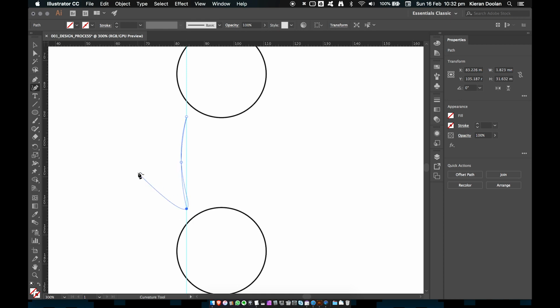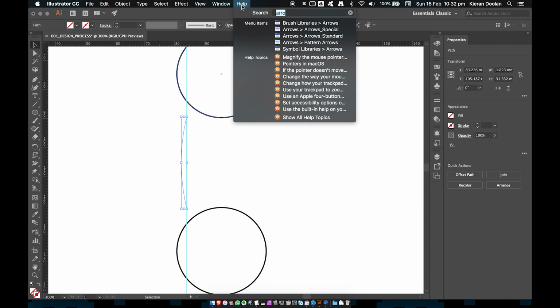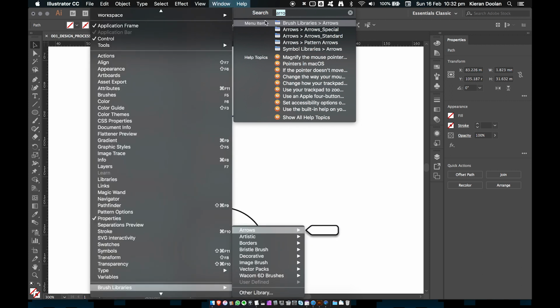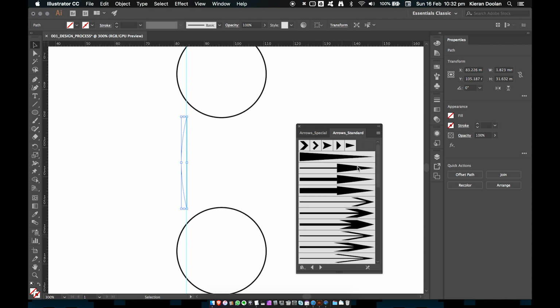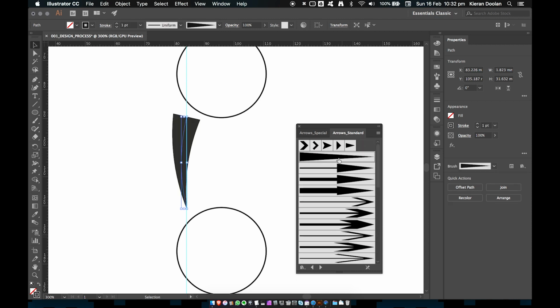Actually, I did this the wrong way around, but that's okay. We'll see how to fix it in a second. Because each path has what's called a winding direction. I was wanting to add arrows. The winding determines which direction things like the arrowheads will work, so I needed to reverse it in the end. But with that path selected,